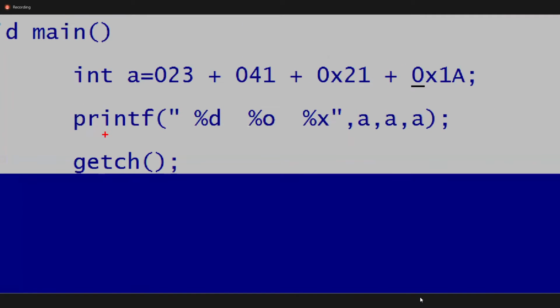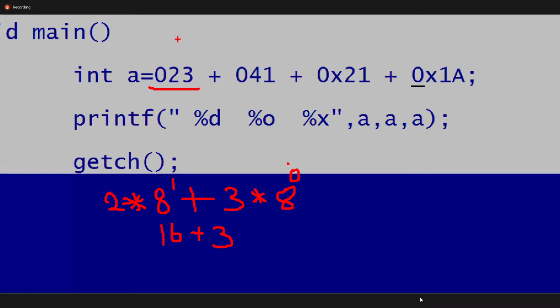We need to convert the octal number into decimal. How to convert into decimal? 3 into 8 power 0, octal, plus 2 into 8 power 1. This is 16 plus 3, 19.